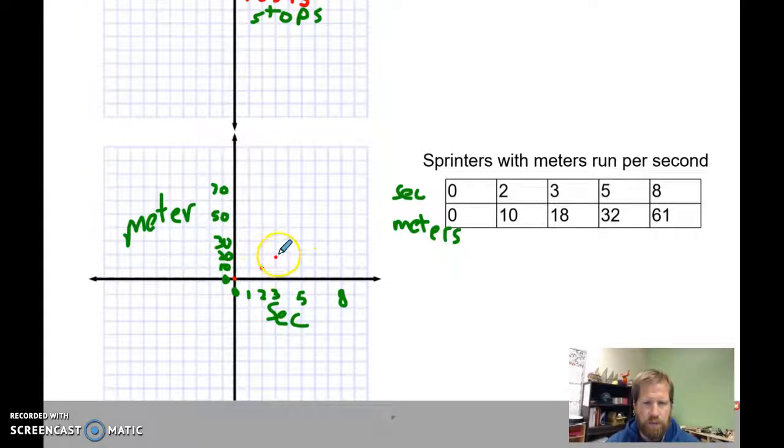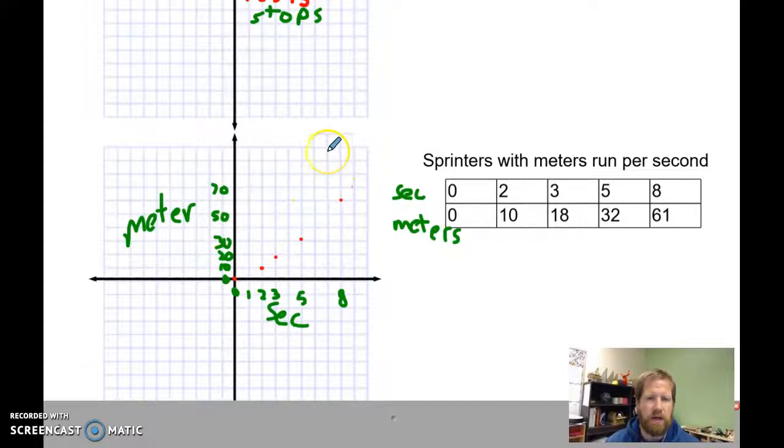So it looks like they picked up speed. At 5 seconds, 32, so just above 30. And then over at 8 seconds, it's going to be up here at 61, so right above 60. Now I've got my data points graphed, and my last step is